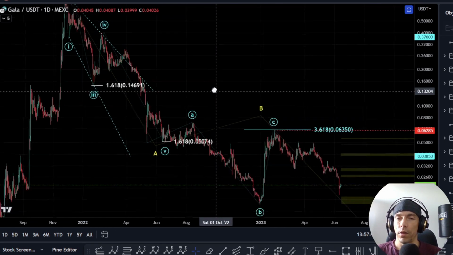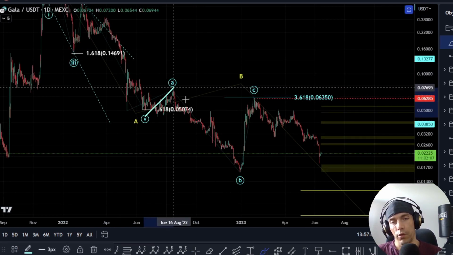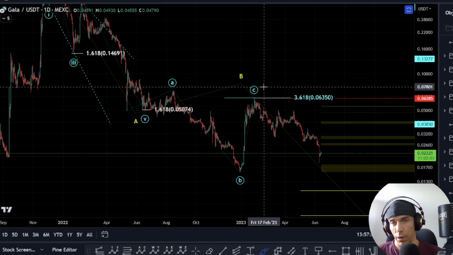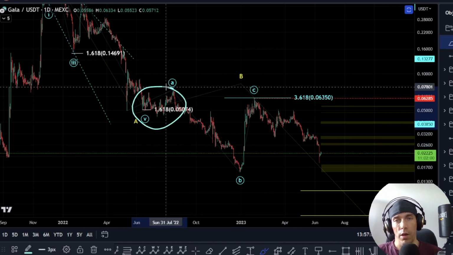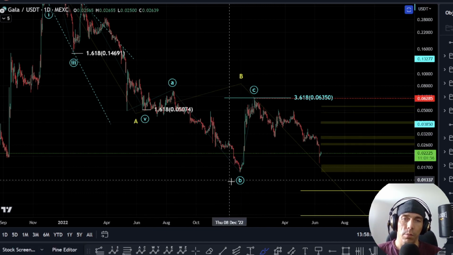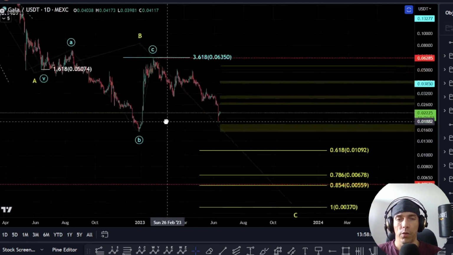It's less common than the contracting variation. Now, what I'm looking for here is that potentially what we could have actually had is a bigger corrective structure from further back here as a flat correction. Now, the time proportions are not great here between this A wave and this B wave, but they are still acceptable. So because of this, I'm just still on the lookout that if we start to develop a